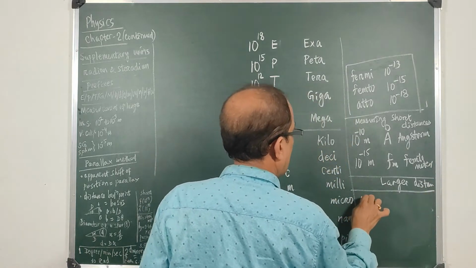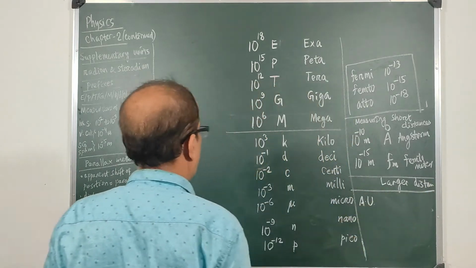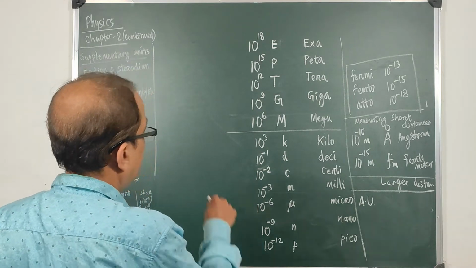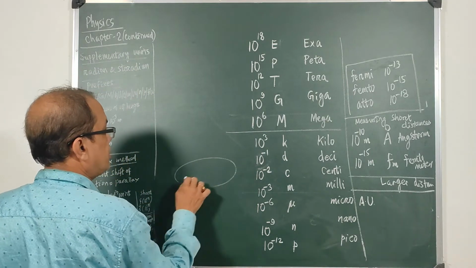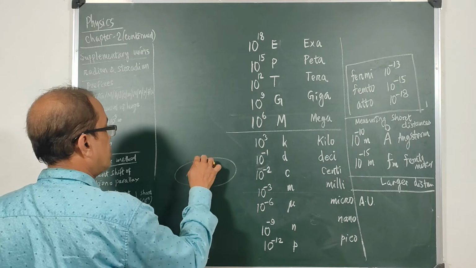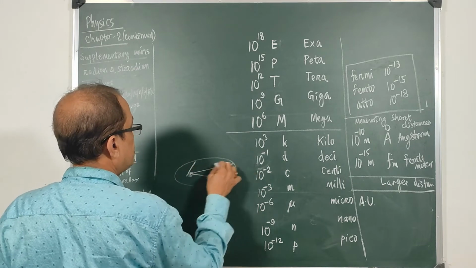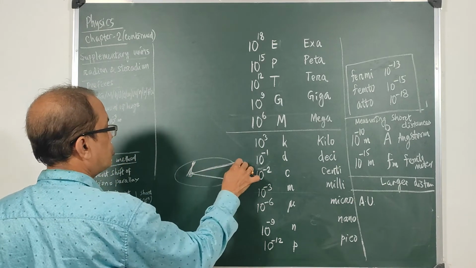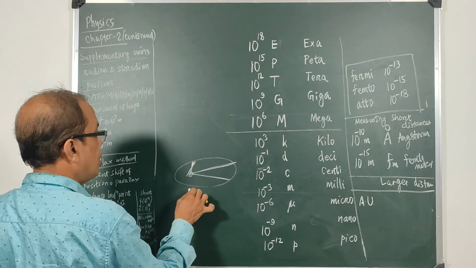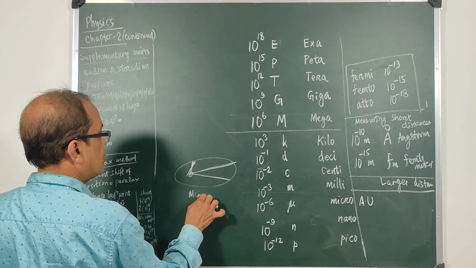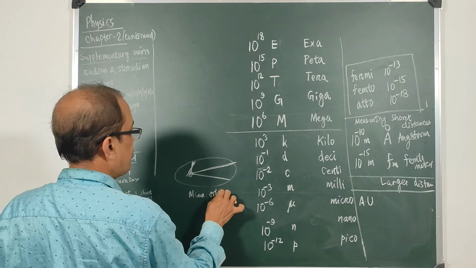Those values are astronomical unit. Astronomical unit is, suppose the earth is revolving around the sun, it is using different orbits. The radius of the orbit is larger sometimes and smaller sometimes. If the mean orbital radius